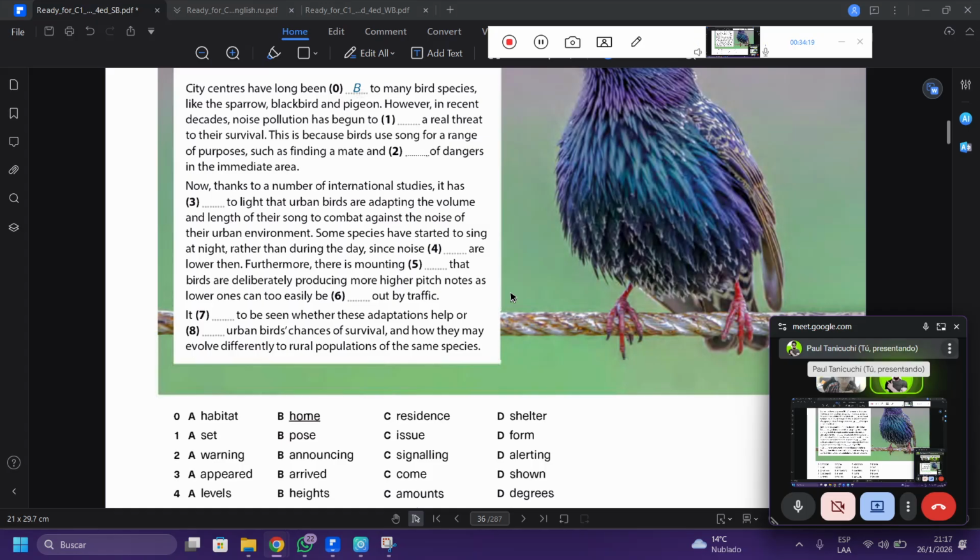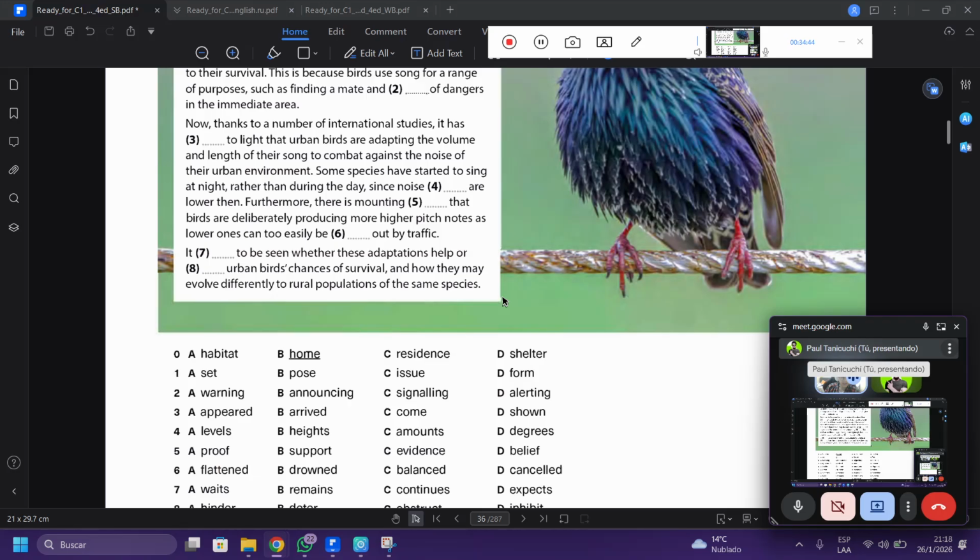Don't you remember? Actually, this is a bit too high level. It's warning of. Warn of dangers. Warning of. Next. Now, thanks to a number of international studies, it has appeared to light, it has arrived to light, it has come to light, or it has shown to light.